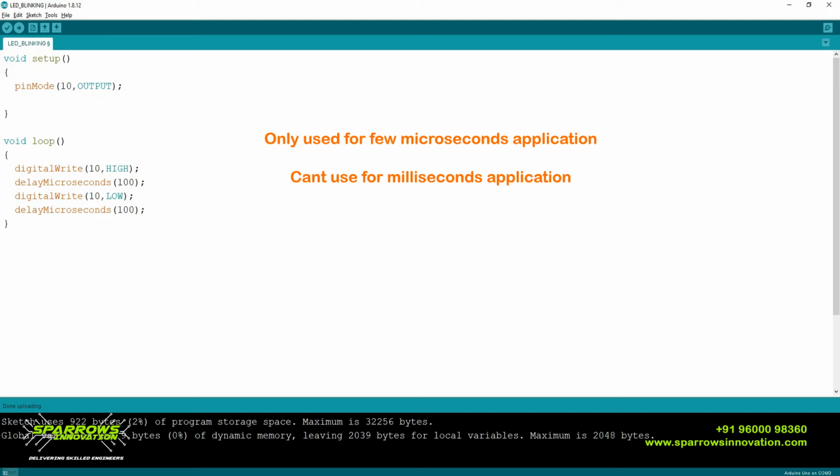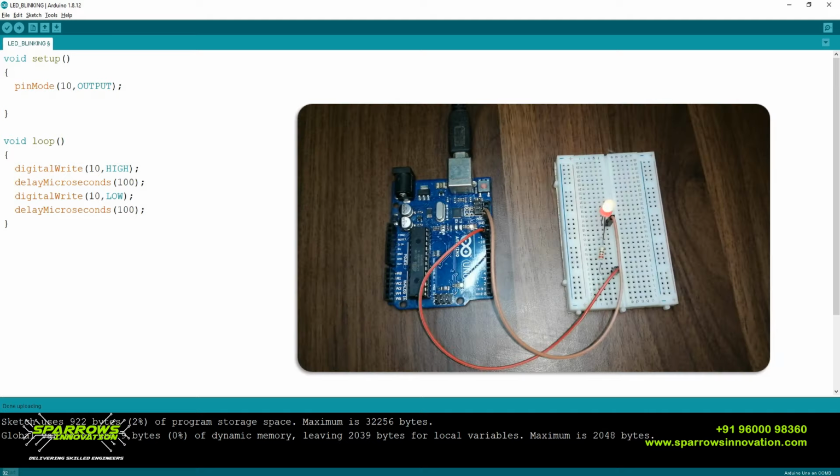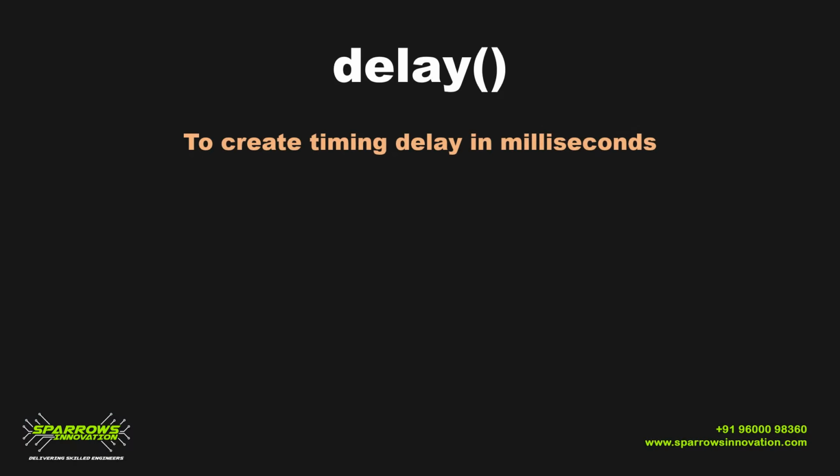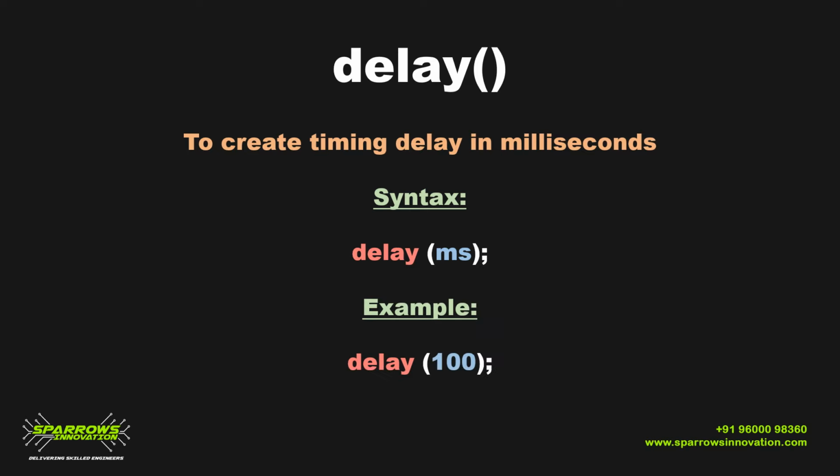If you upload this program, you can see this. See, the LED is still on. You can't see the difference between the LED on and off. This is somewhat the same as the first program we used without any delay. So to make your LED blink and to see your LED blinking sequence, you have to use another function called delay. Previously, delayMicroseconds can be used for other applications like ultrasonic, but delay is for millisecond delay.